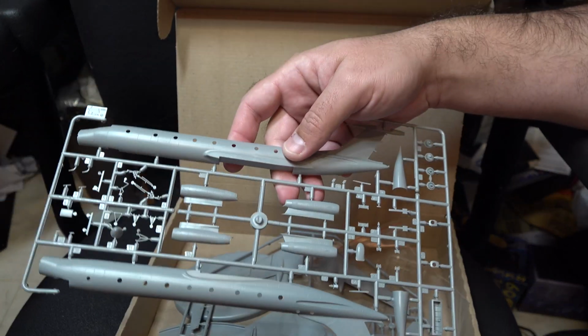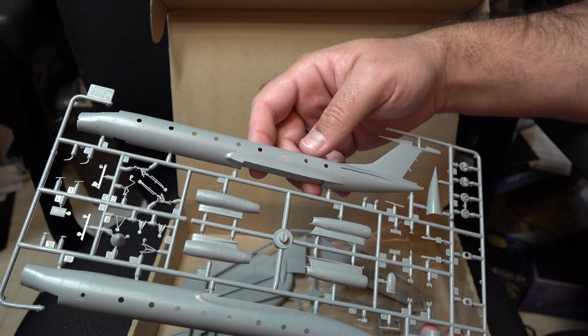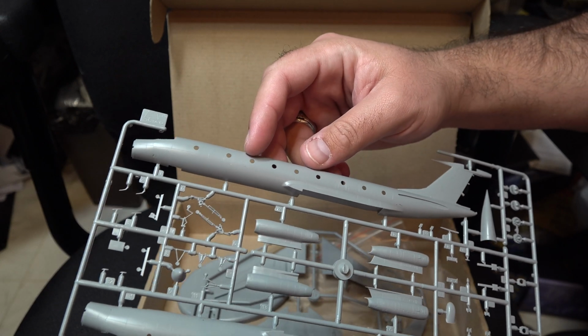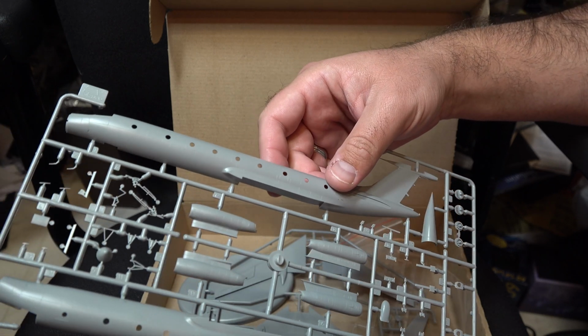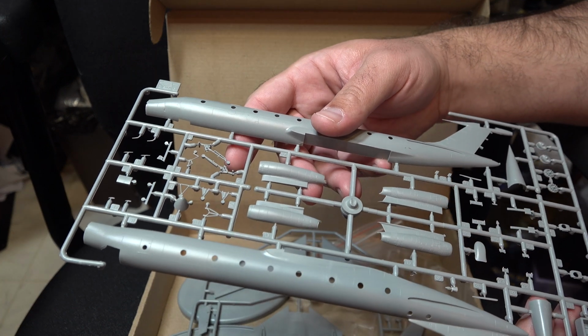So, let's start out with the fuselage. The surface detailing is very nice. A finely engraved panel lining, showcasing a lot of detail right out of the gate. Similarly, here on the engine nacelles,